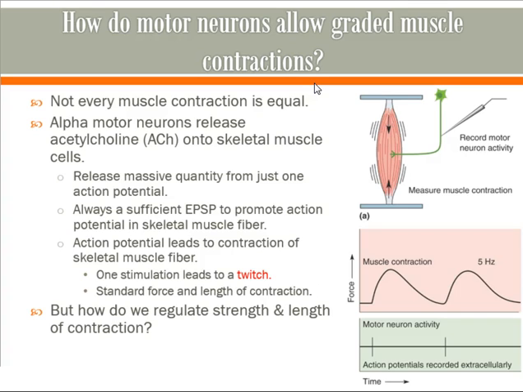Here, then they do it again. After it has returned to its resting state, so it's not applying any force anymore, you stimulate it again and you get another little blip of force. That little blip is known as a twitch. So that one stimulation causes a twitch. And twitches tend to be fairly characteristic, as long as you don't overdo it. A given skeletal muscle will generate a relatively small but uniform amount of force each time you cause it to twitch. And it's a pretty uniform length, too. It doesn't last for very long.